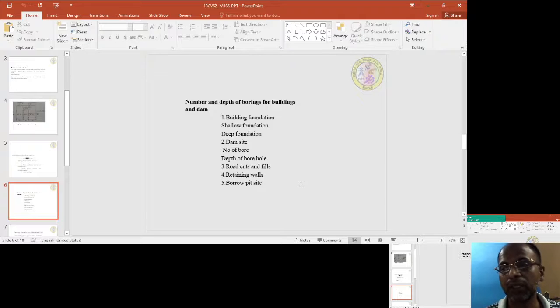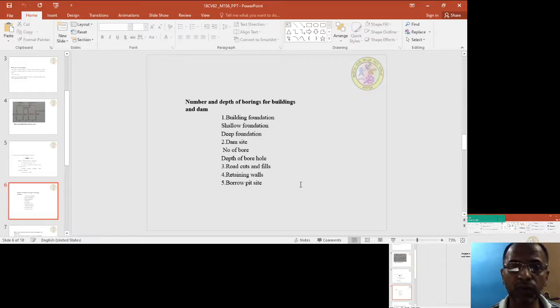So that is depth. And number of boreholes, if you have a pile foundation, if you have some 10 piles, that 10 piles are covered by a pile cap, then for depth of foundation you have to measure the width of the pile cap. 1.5 times the width of the pile cap will be your depth of the soil exploration. So if it is a single pile, 10 meter to 30 meter. If it is a group of piles, it is 1.5 times the B will be the depth of foundation.